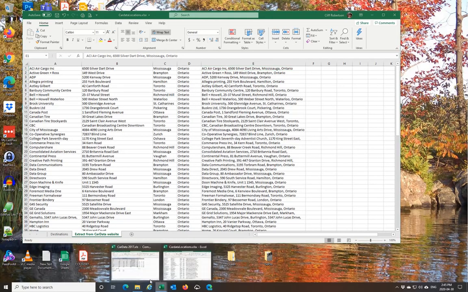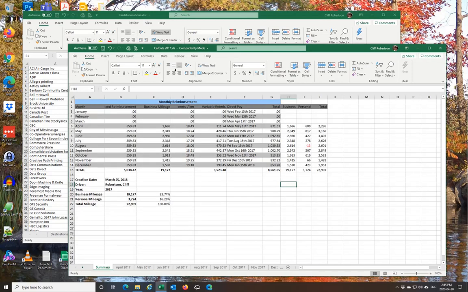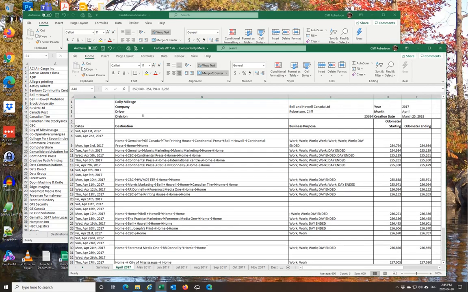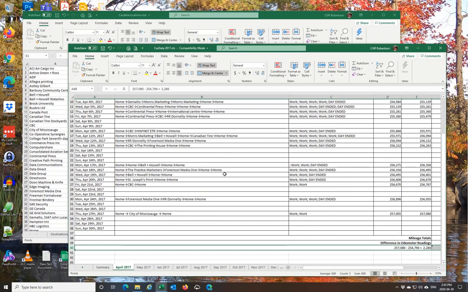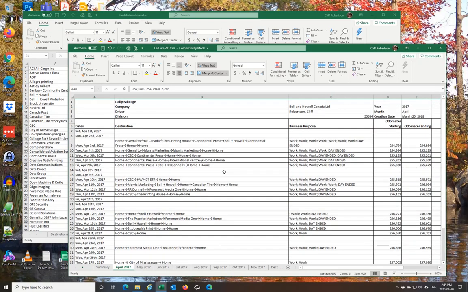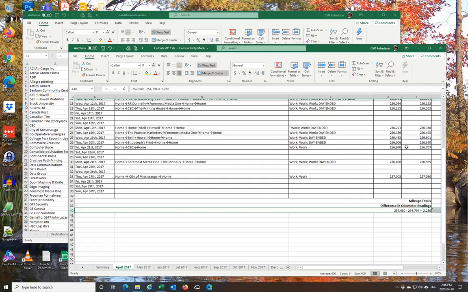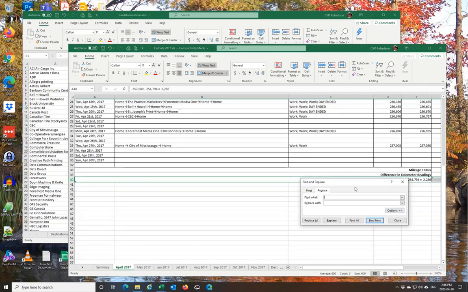So now I have another spreadsheet that I did, and this is all my CarData monthly information. There's a summary, and I've got one for each month, and this is what you guys are probably used to seeing. This is what we pulled out of CarData for our trips. The catch is it's all just home, Gemalto, GE, printing house, etc. And CRA wants the addresses here. So we're going to do something really, really cool. First thing we're going to do is click replace,